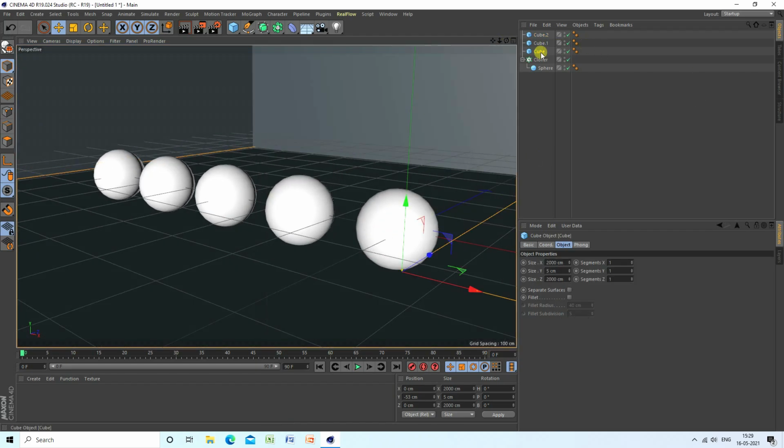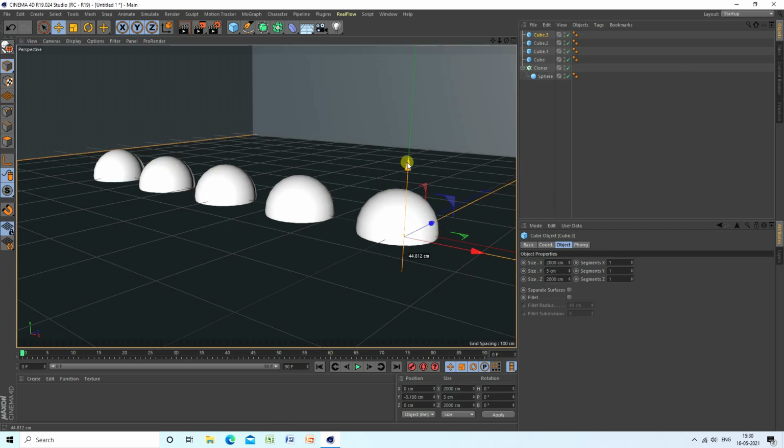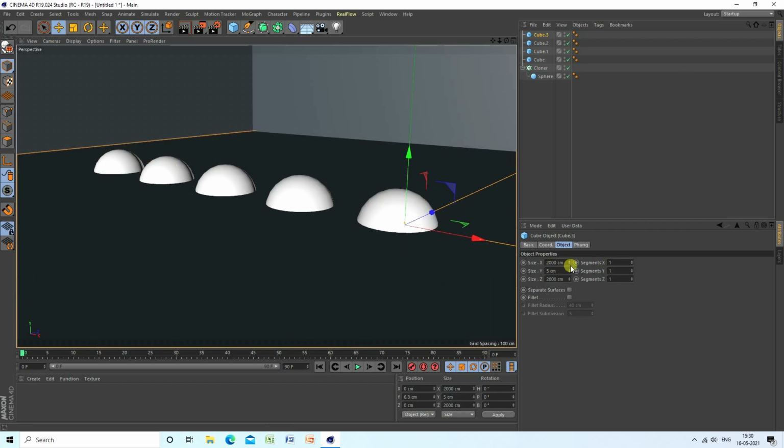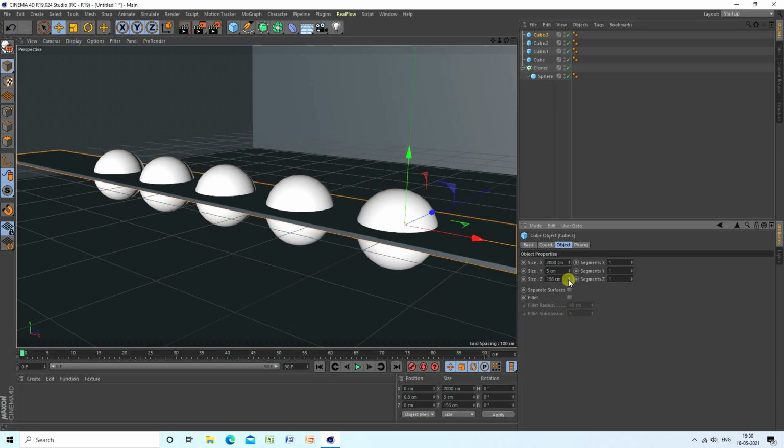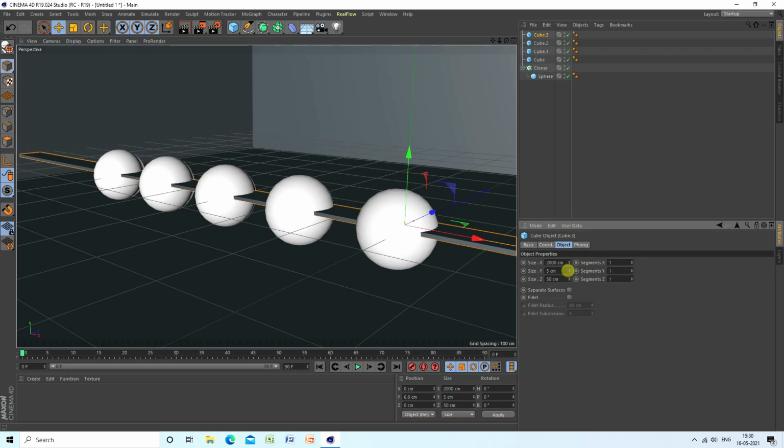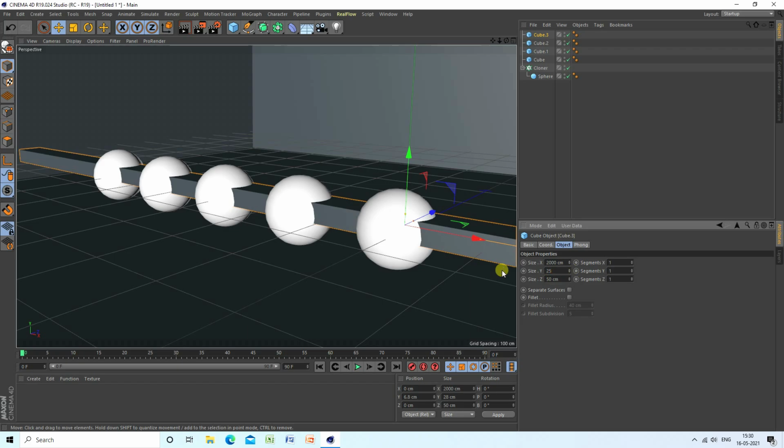So guys, select this cube, this one, and again copy. So go to up and guys, change size, this one, decrease like 50, and increase y axis like 25, and z 25 is good.